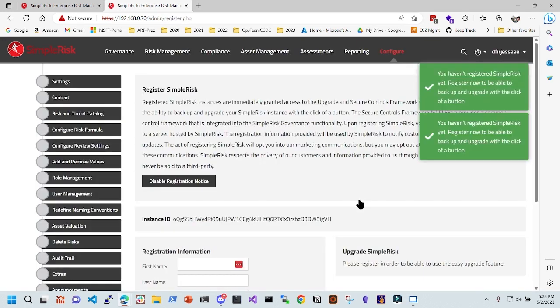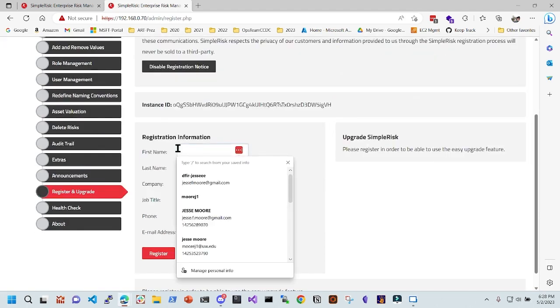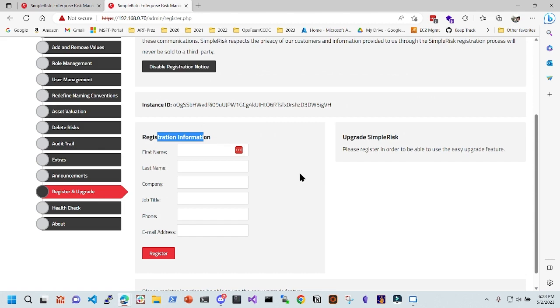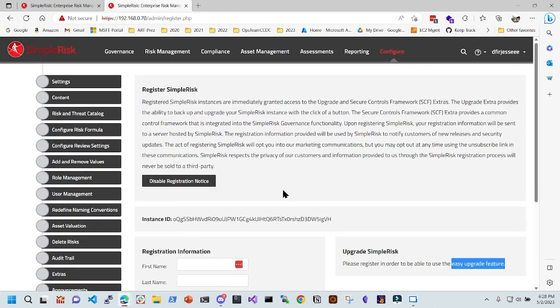And here we are in SimpleRisk, brand new. Here's our instance ID, and they want you to register. If you register, you get extra upgrade features. We can go over that later. So the next thing we'll do is look at the workflow that I was about to